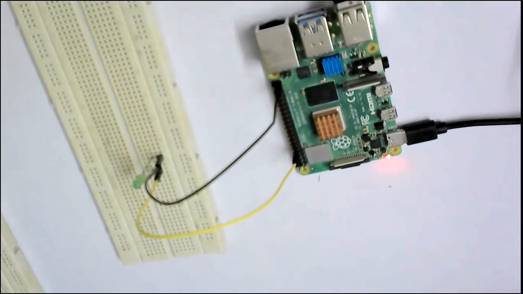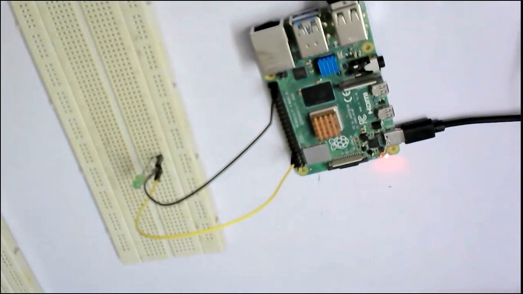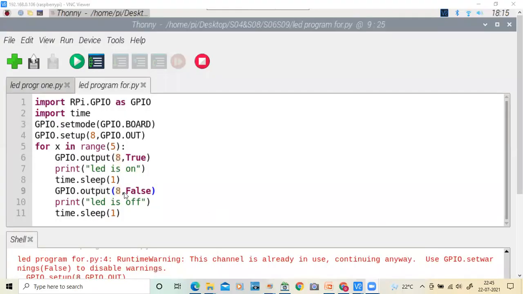Now let me run the program. So this is the program.